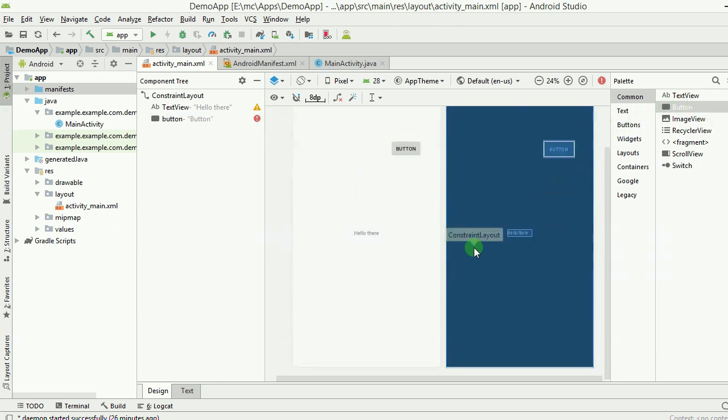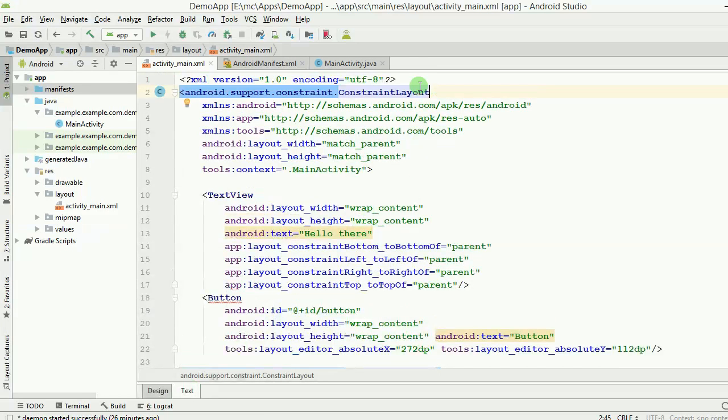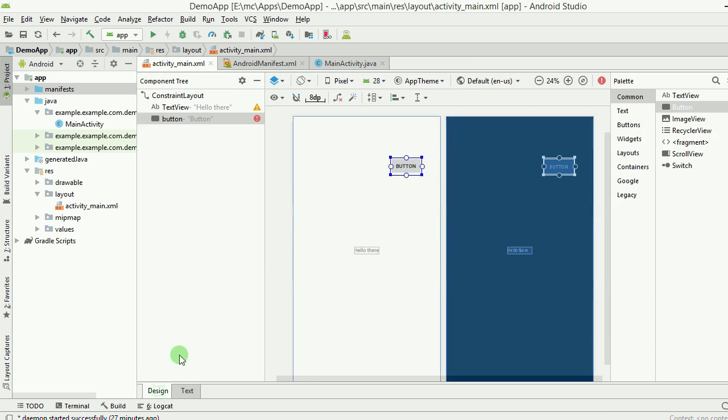Now that we have got the button here, we also need to put constraints around it. This is a constraint layout, and there are several other layouts that are possible in Android, but this one is called constraint layout. So what this layout does is it asks you to give constraints to this button